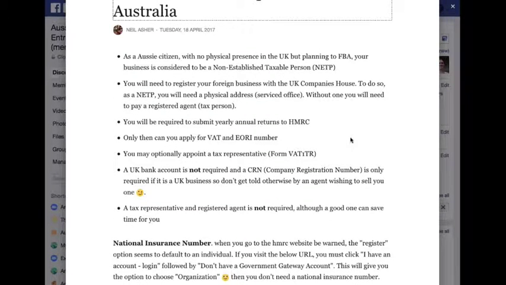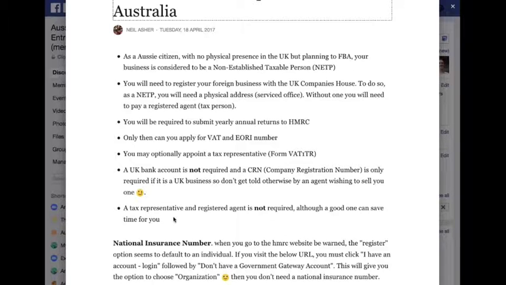You can either pay somebody to become your director in that business, which is a fairly simple process to do. They become almost like a silent director for you, and they go through the process of doing all of this for you. So they'll go through the process of opening a bank account, etc. So you can do it that way. Or